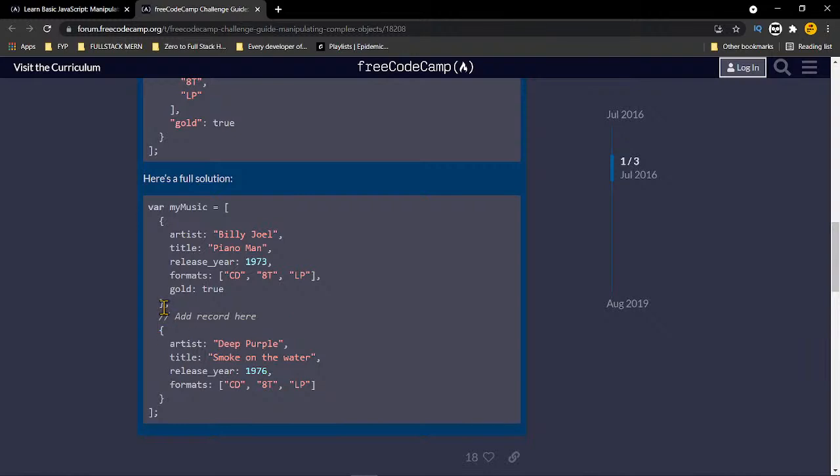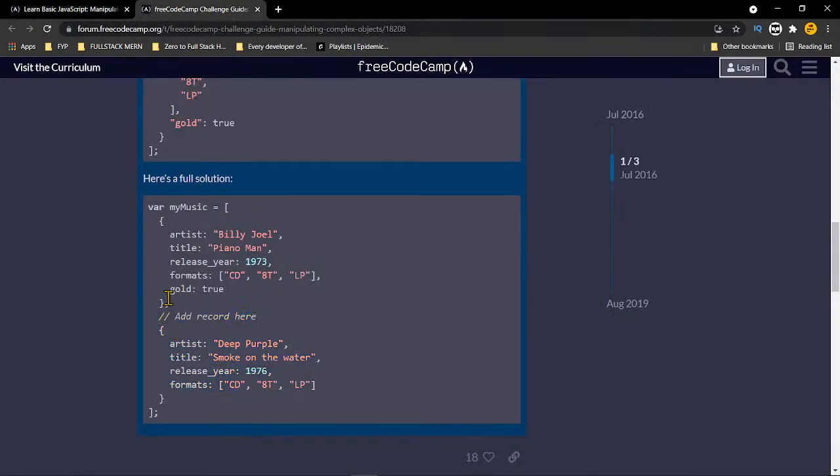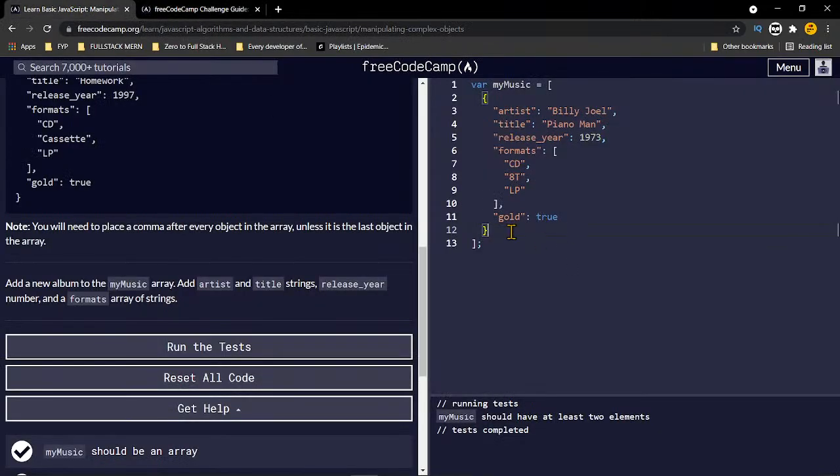So after this comma, add a record here. So I have to add a new album to the myMusic array, comma, and in this,